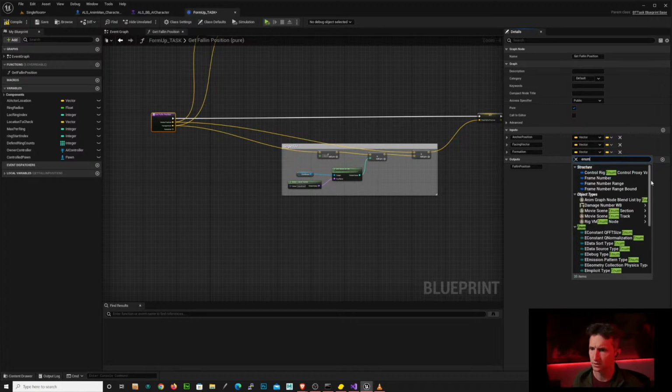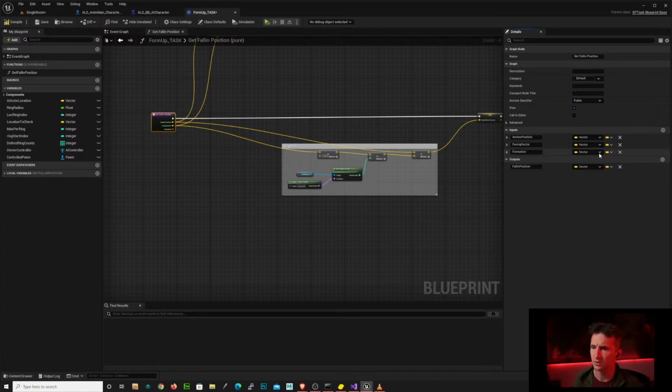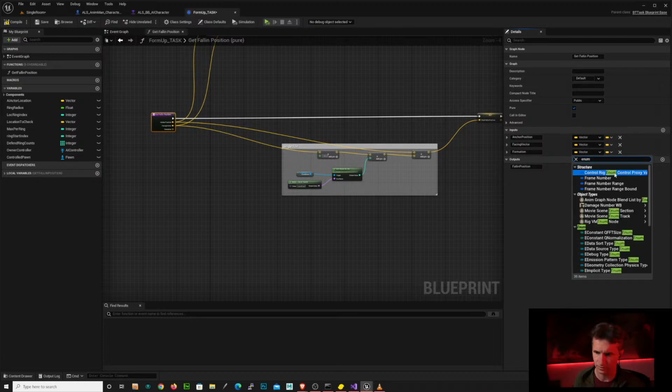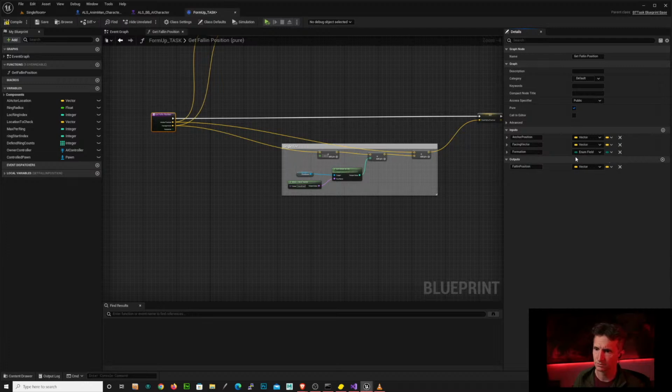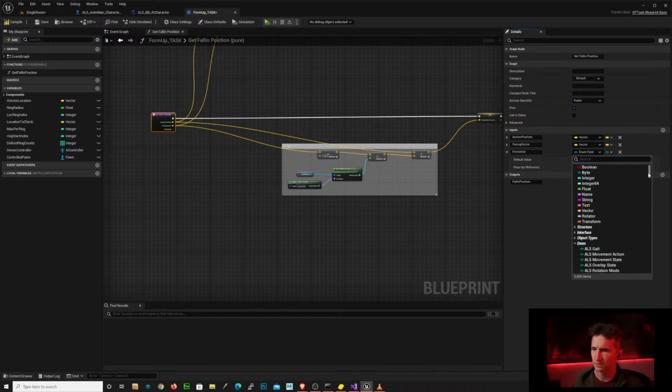Can we make an enum on the fly, or do we have to define it first? Enum field? Default value. Nope, that's not what we want. Enum. I guess we can't create one. So what are our other variable types if we don't use enums? We could use